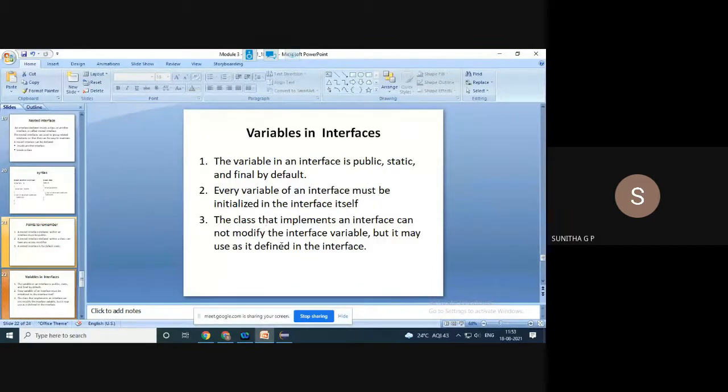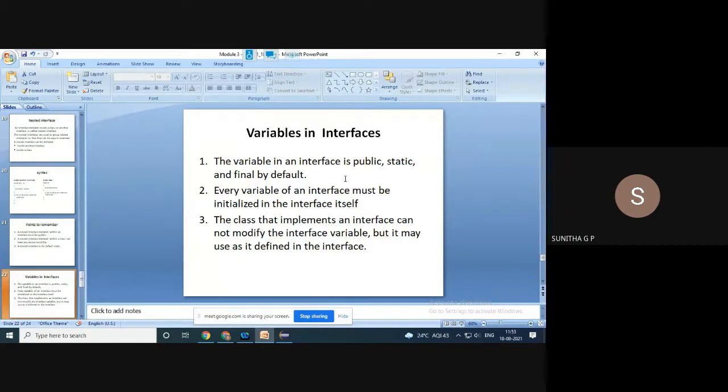Okay, when that interface is implemented, simply by its name we can use that further in our programming. This is what we saw with respect to static variables, right? If some variables are declared as static inside a class, then the class name is not necessary to access those variables. Similarly, whenever there are variables in an interface, the interface name is not necessary. If that interface is implemented in a class, then those variables are used with their values. The only constraint is that we are not able to change the values of those variables.